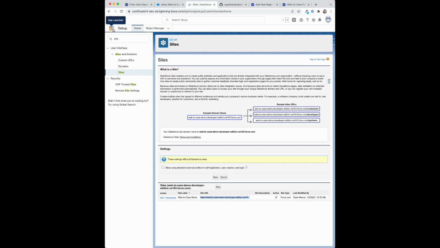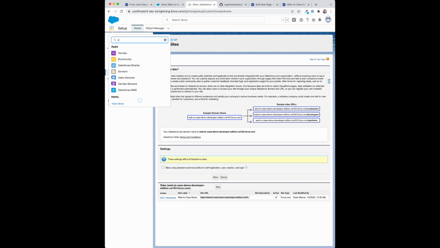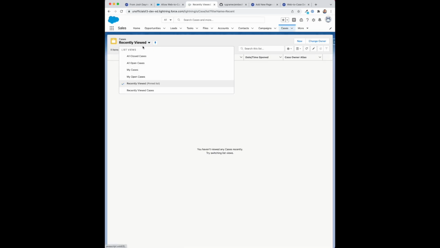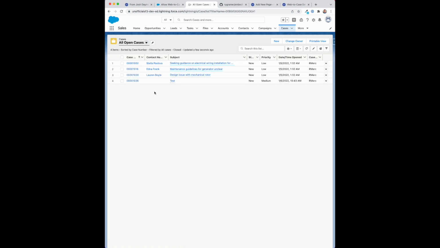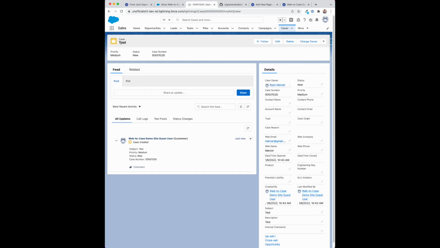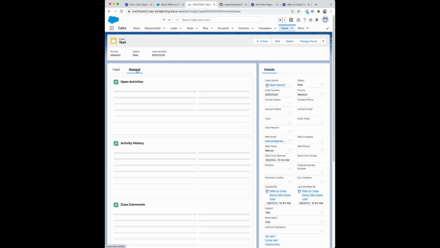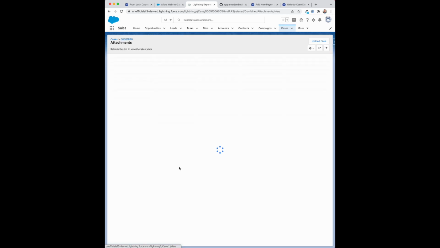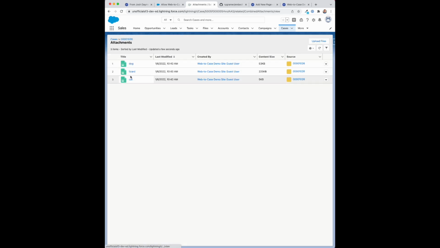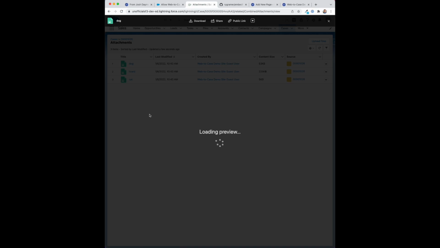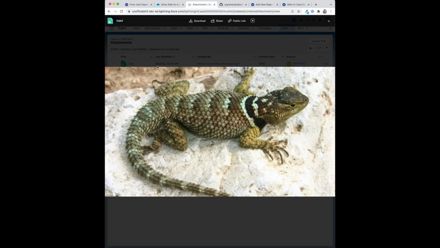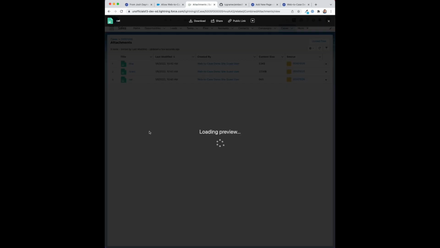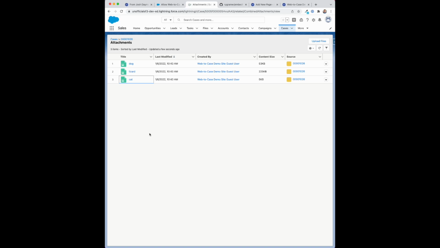Now let's hop back into Salesforce. Go to the cases, all open cases, and here we go. Here's the case that just got created with test. Let's take a look. And here are the 3 files. Dog, a lizard, and a cat. So just like that,